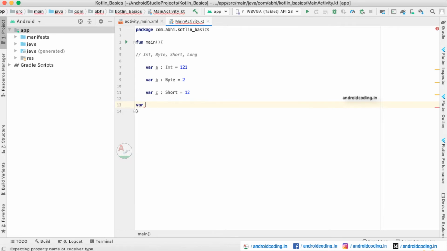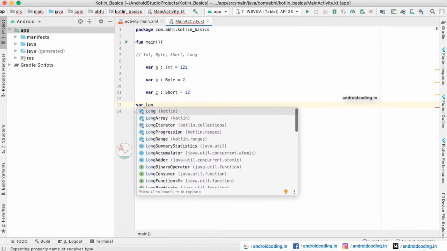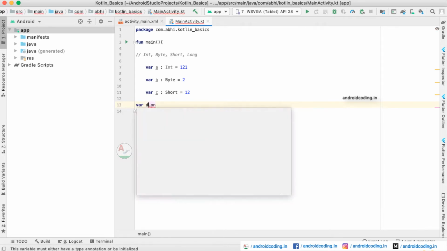Then variable d is a long, and here let us provide some long digit numbers. It might be like an ATM card number, an access code, or reference numbers.